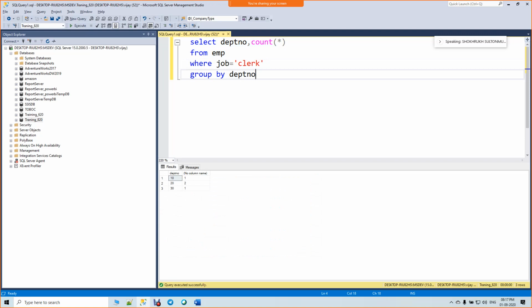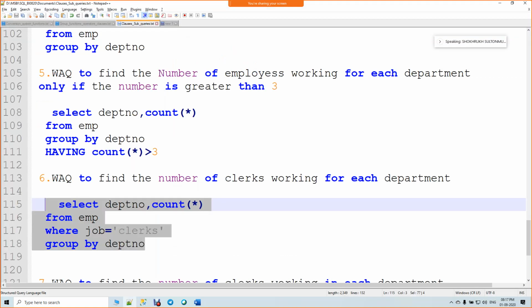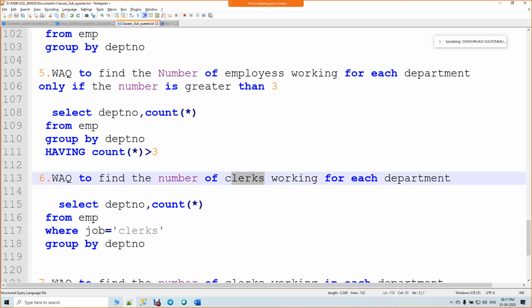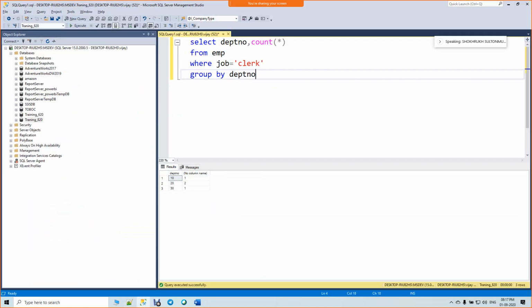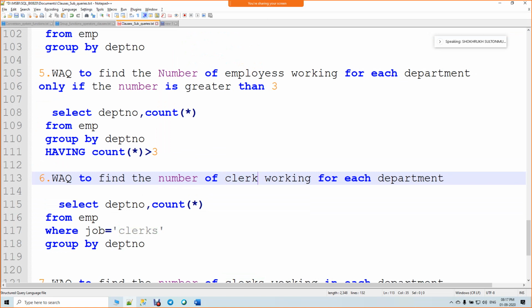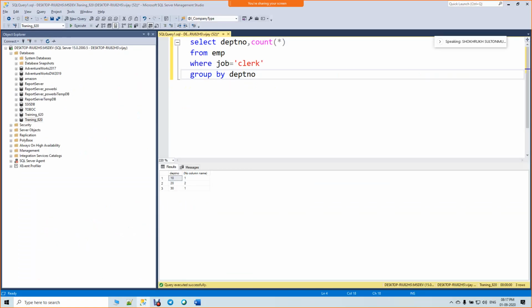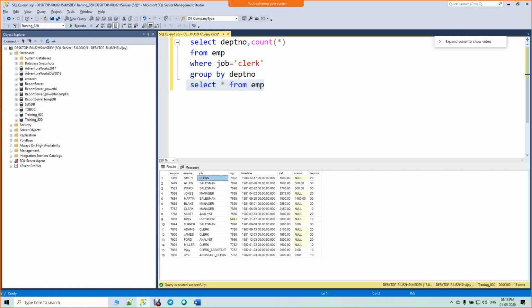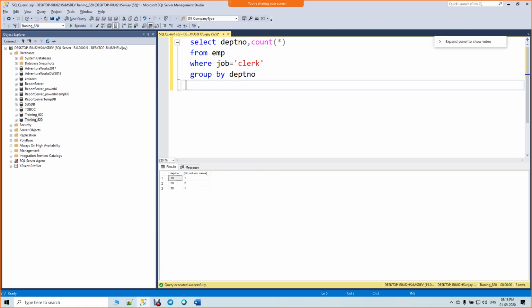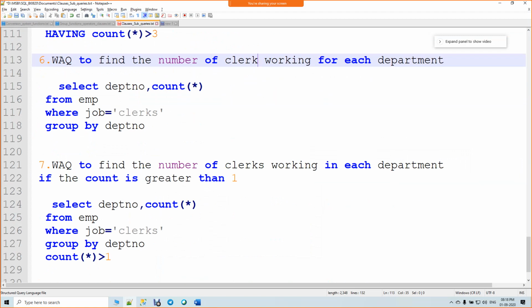You put clerks over here, and I was looking for full day clerks. In the employee table we have clerk, not clerks actually. But it's okay, we have to know how to do it. Just let me know once it's clear.